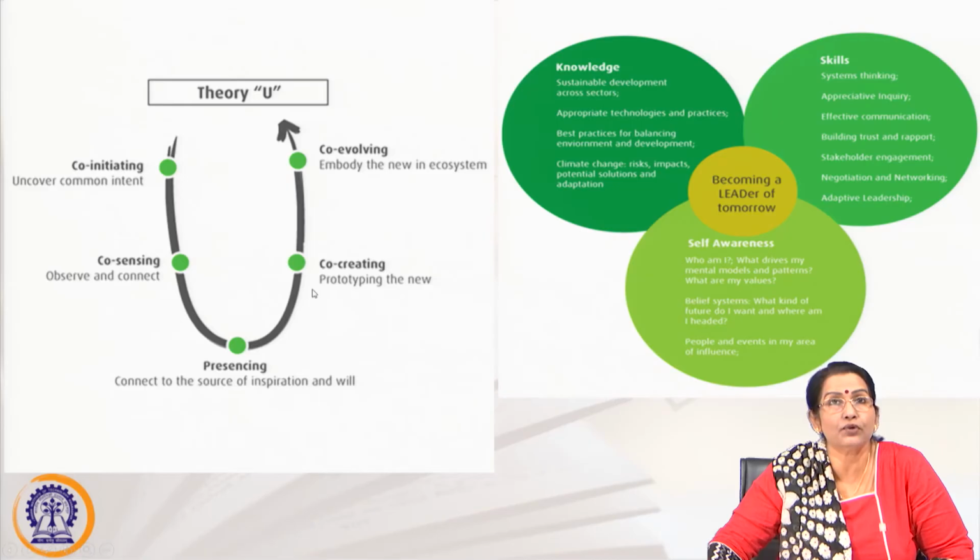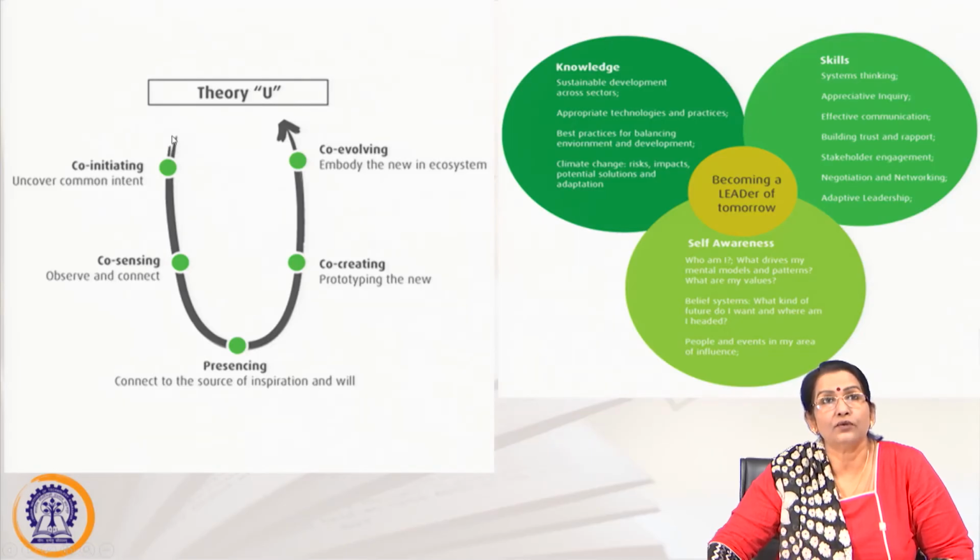Then co-creating, prototyping the new, planning, hypothesizing and experimenting, and through a pilot study creating the prototype of the new. Then co-evolving, that is embodying the new in the ecosystem. So, it is just like problem solving